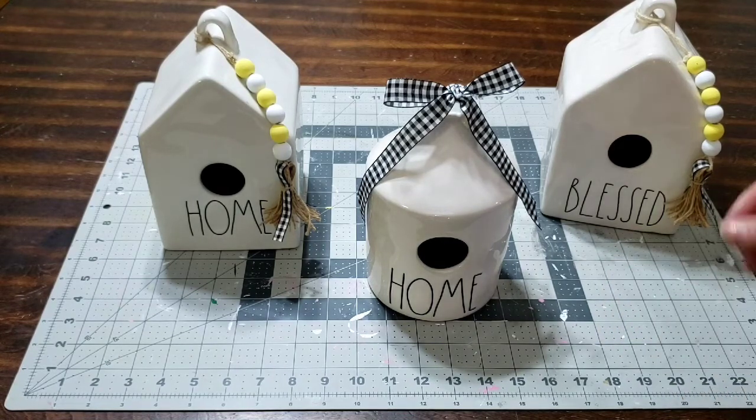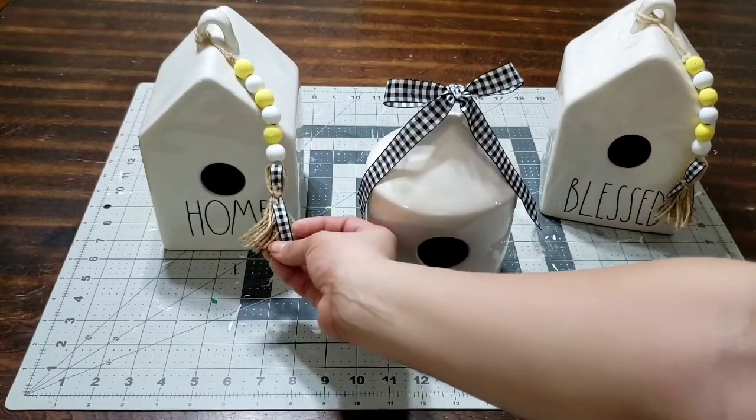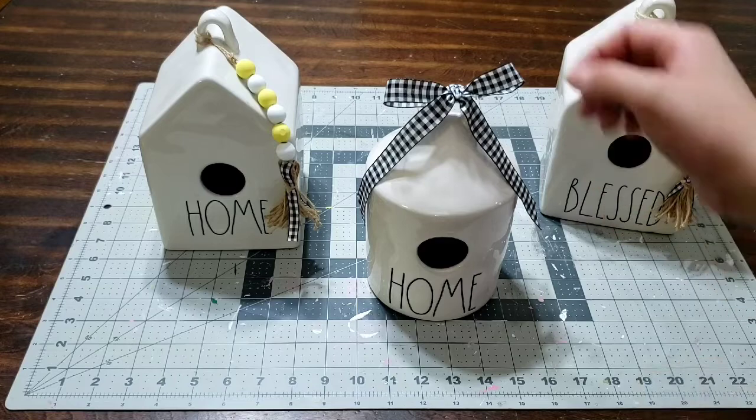So I just had to show you what I did, just so you could go ahead and decorate your little birdhouses for the summer. And this is my theme. So as you can see, the